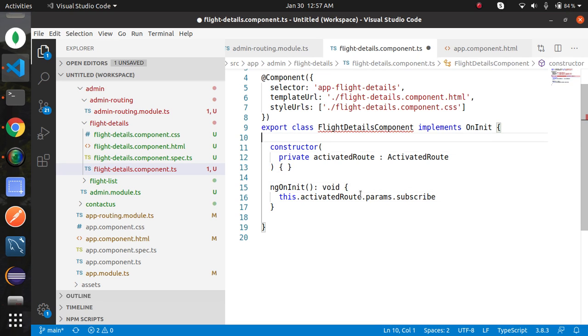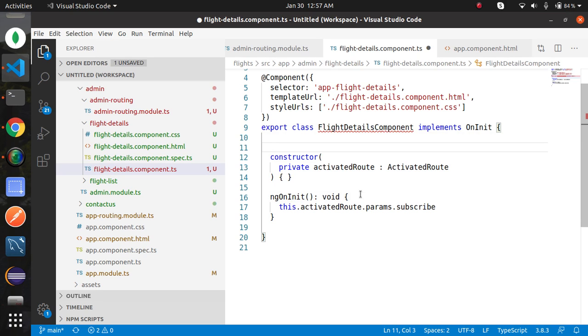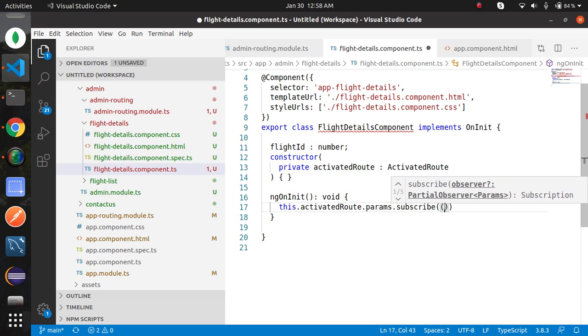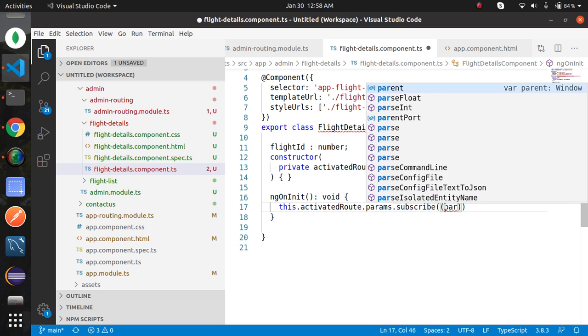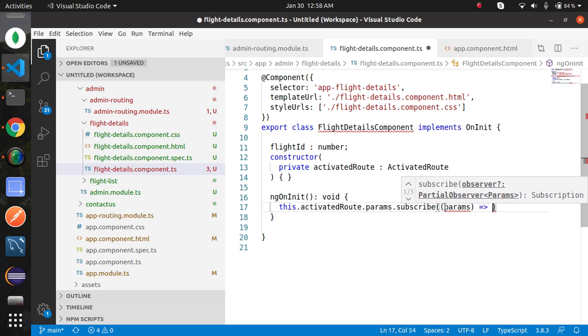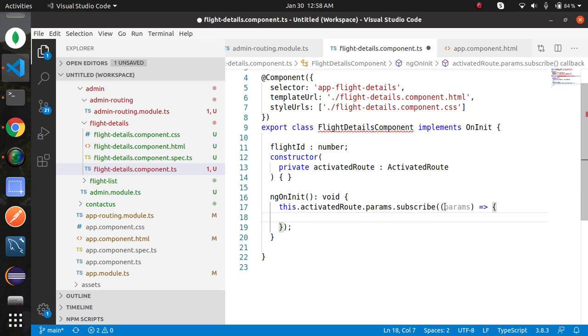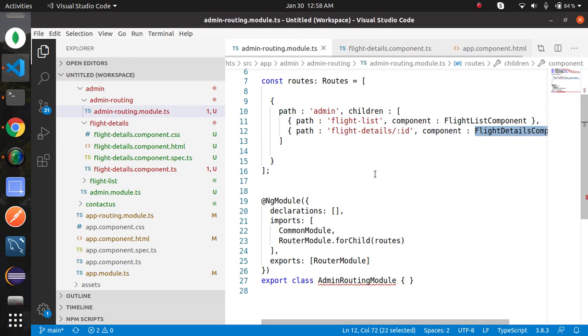So create a variable flightID, provide the type number, and here assign the parameter's value into flightID. this.flightID equals params, here put the same value whatever you have given after the colon, that is id.